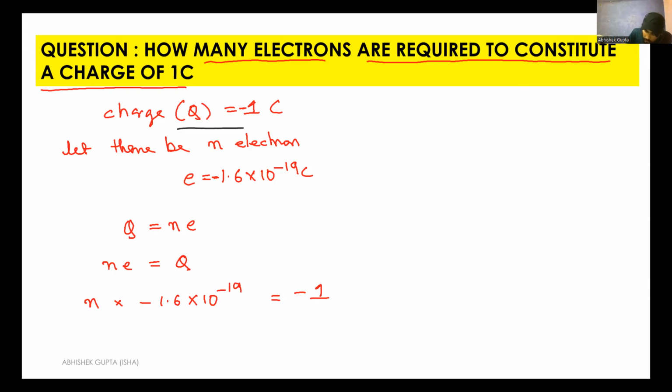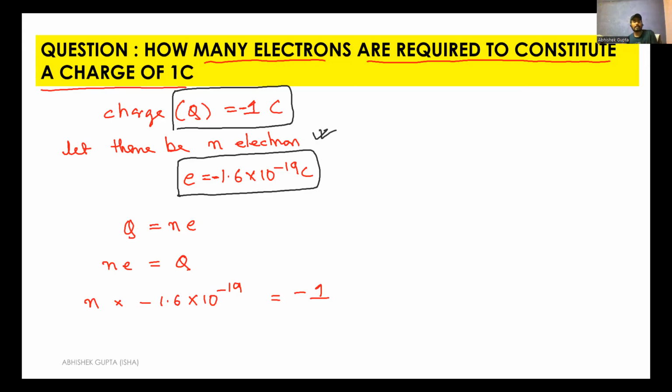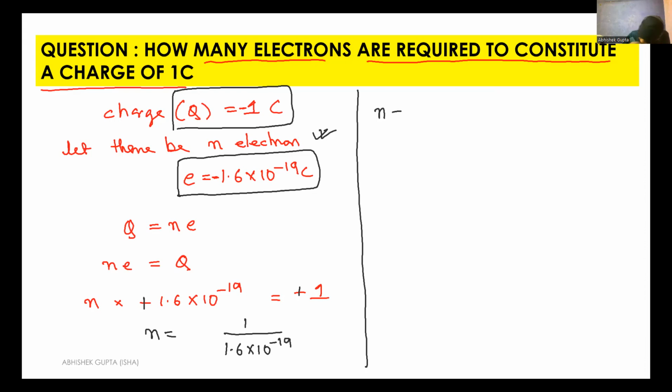बात समझ में आई? चार्ज का वैल्यू आपको दिया हुआ है 1 कूलम। इलेक्ट्रॉनिक चार्ज मुझे पता है कितना होता है, n है नंबर ऑफ इलेक्ट्रॉन्स। बस यहां से n निकाल लो, ये नेगेटिव पॉजिटिव हो जाएगा, तो n हो जाएगा 1/1.6 into 10 to the power minus 19। अब इसको सिंपली कैलकुलेट कीजिए। इसको कैलकुलेट करने का एक सिंपल तरीका है, वैसे ही करना प्लीज। 10 to the power minus 19 ऊपर जाएगा तो पॉजिटिव 19 आ जाएगा, ये हो जाएगा 1.6।